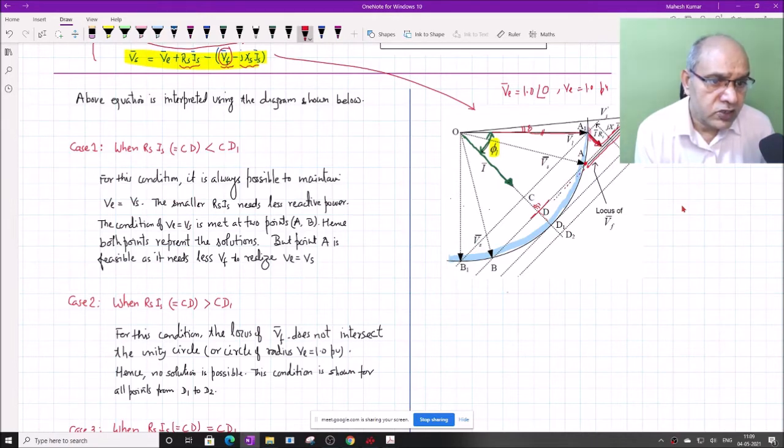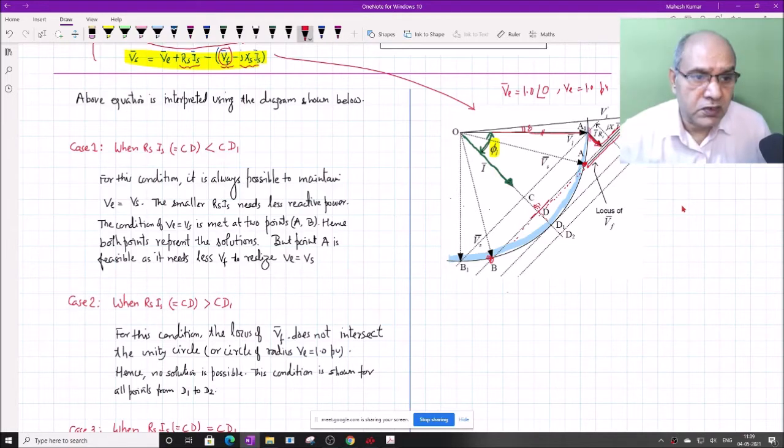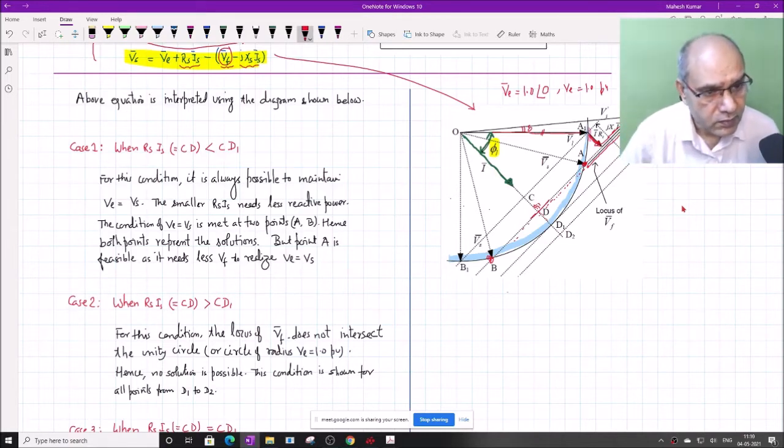Then I see this also intersects one more point, that is basically B. So this addition of voltage from DVR, if I move along the path of J axis IS, it intersects at 2 points, A point and B point. So these A point and B point represent the solution of the DVR voltage. Okay, suppose the solution is A and solution is B.